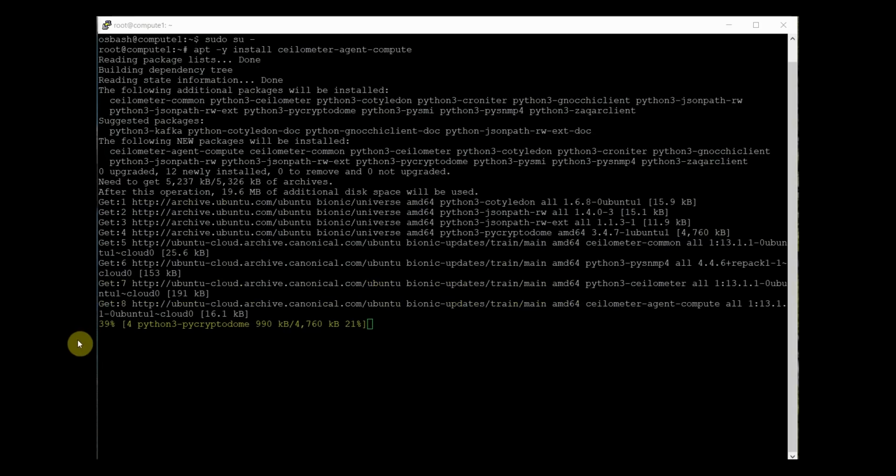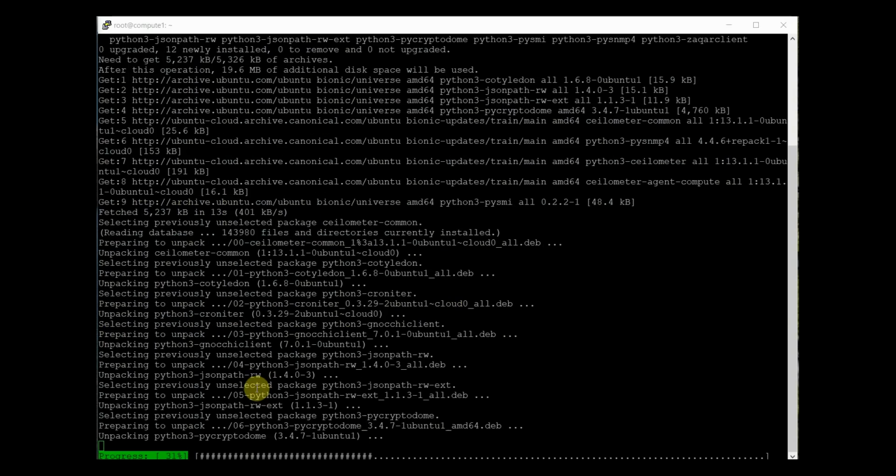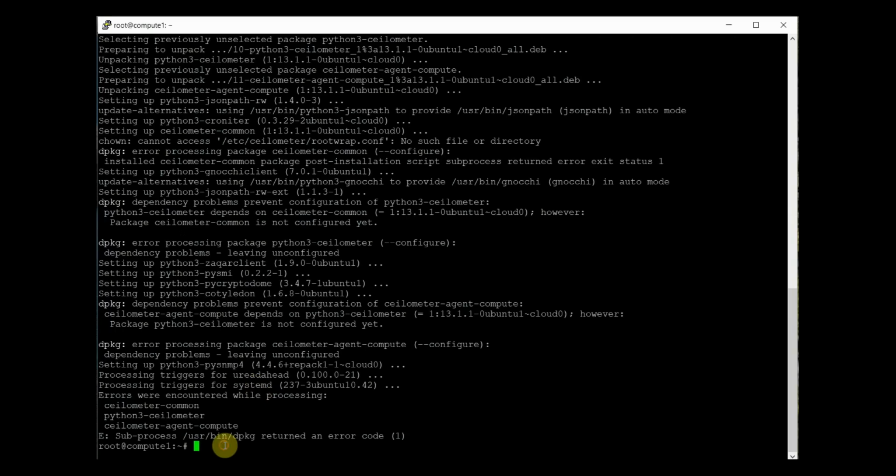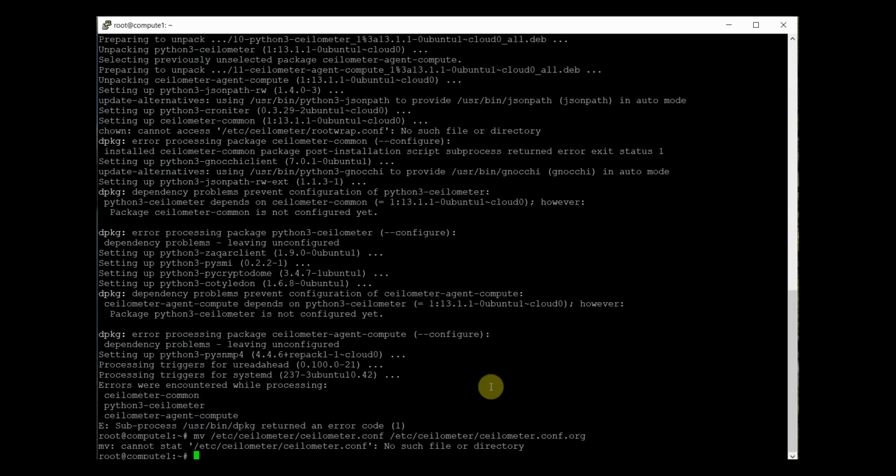Once this package is installed, we will back up the existing file and create a new file for Ceilometer. I'm not going to keep the original file; I'm going to change the file. I'm going to move the ceilometer.conf file. No such file or directory. Fantastic, that's what I wanted. So I just need to create a new ceilometer.conf file here.